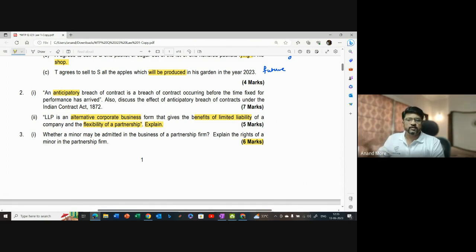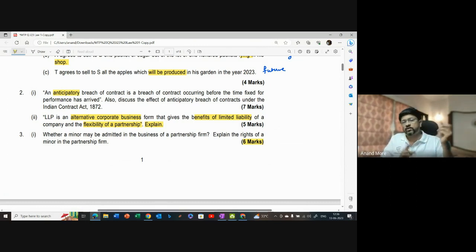But if he decides to sever his ties from the partnership firm, then he has a right to sue the partnership firm for the share of profit, which probably the other partners are not giving to him. And then the last point, you have to mention what responsibilities and rights he has upon his date of becoming a major. He can either elect to continue as a partner, or he can choose not to continue as a partner. If he decides to continue as a partner, whatever his earlier profit is will continue, but he will also have to share the losses.